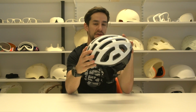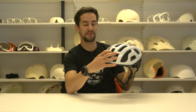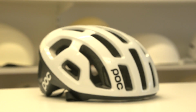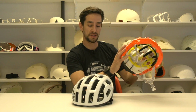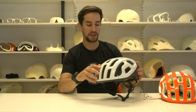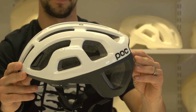One of the main considerations with cross-country is trying to keep your head cool when you're riding hard. So there are big vents on the front of the helmet, and on the rear, to let that air flow through. You might notice that this is really similar to the road helmet that pro road teams use. The biggest difference really is the shell. This one, the road one, is slightly lighter. On the mountain bike helmet, the shell is tougher. It's got aramid bridges and it's slightly deeper, just to give you that little more protection that you need